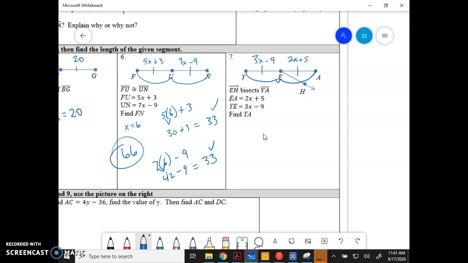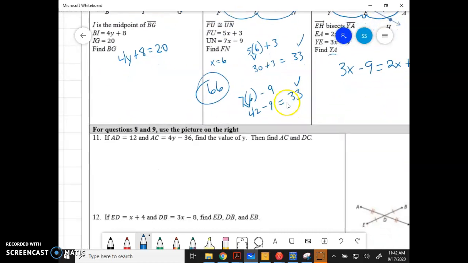So YA, the whole thing. So I've got to figure out x, and then I've got to figure out one of these, double it, and then you should have YA. But we're going to solve this essentially the same way. Just go ahead and put them equal to each other, and solve for x. Okay,